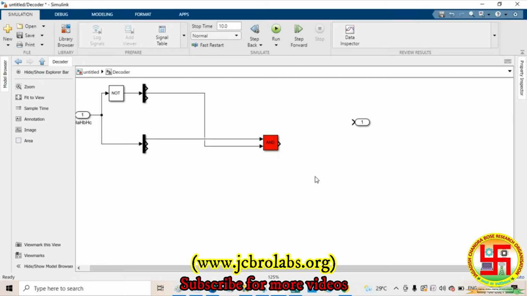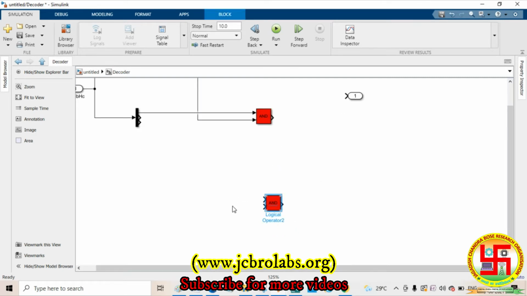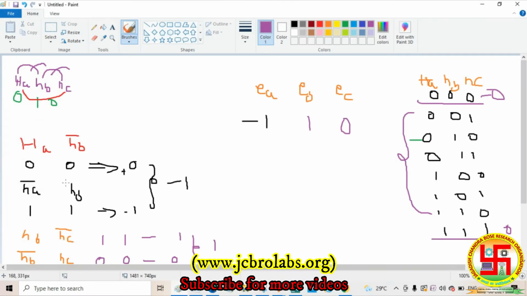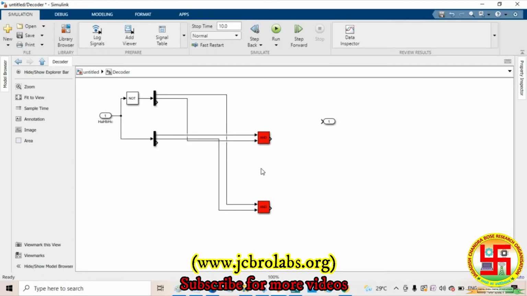Now you can take another one which I am taking here. From here HA bar, HB. HA bar, HB, which I connected here. So try to understand this one: HA, HB bar initially, then HA bar, HB. So this 0, 0, here 0, 1, 1. Now HA, HB bar we connected, so from here 0, here 1 you will get, then you can combine.